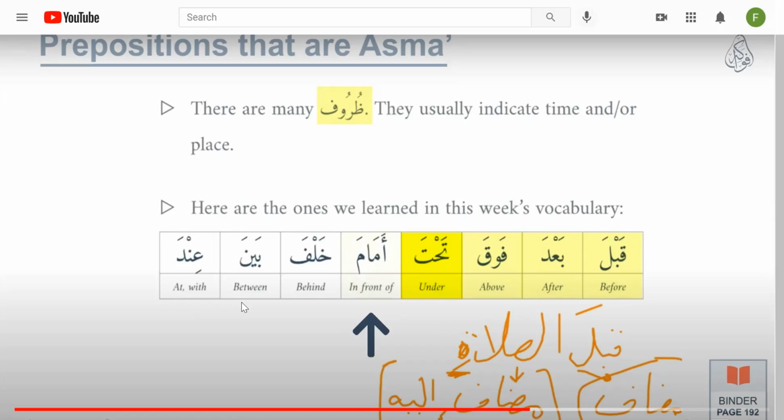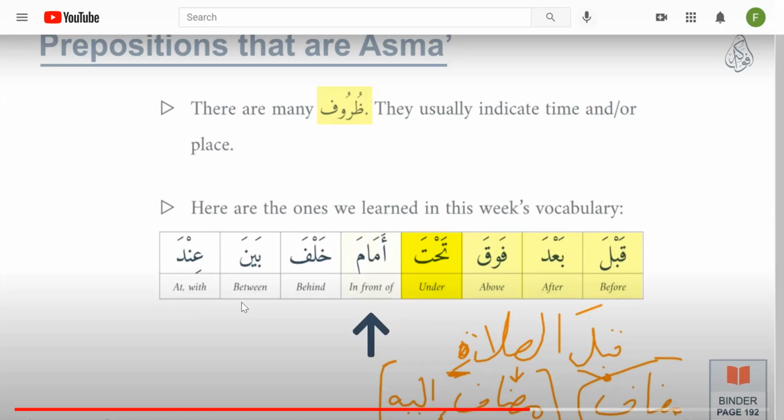The reason I looked into this is because someone in our group asked me about this question some time ago, and one of my other teachers looked into this. There are actually several reasons for these words being an ism, but I'm going to focus on two reasons particularly that I found. Number one, these words can take a tanween. Remember that isms, and only isms, take tanween, right? The dhammatain, kasratain, fathatain. A verb can never ever take a tanween, ever.